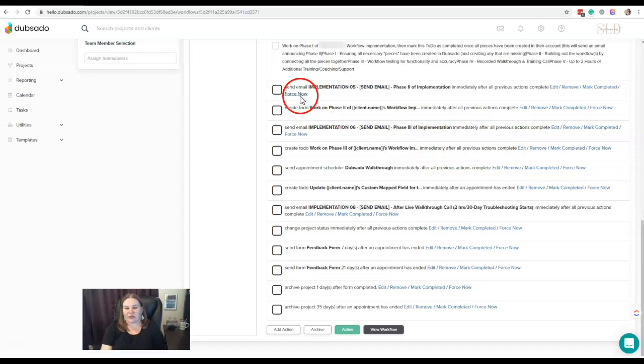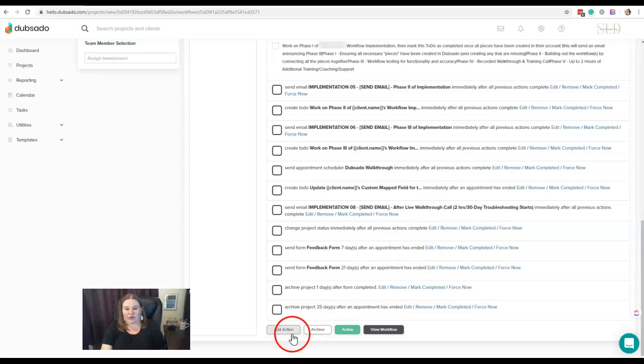And then finally, this force now action. If you've got an action that you need to force immediately, you need to force it sooner than it was scheduled, you just want to go ahead and force it earlier in the workflow for some reason, you can click force now on any action item and it will automatically go ahead and force that action to go through. Now be careful with that, because if you have other actions that are supposed to trigger off of that action going through, then as soon as you force it, all those other actions may trigger. So just be careful with that.